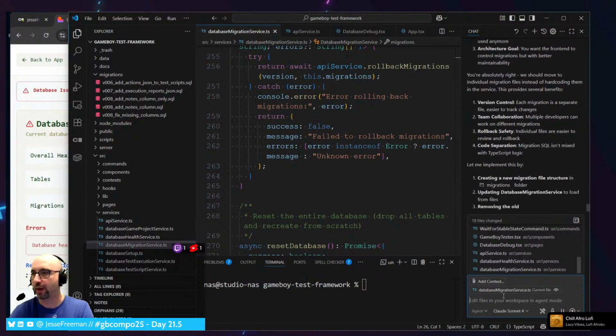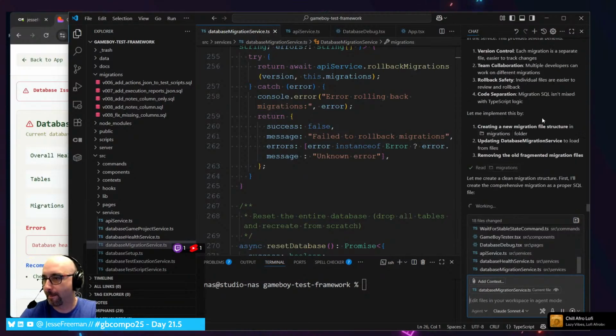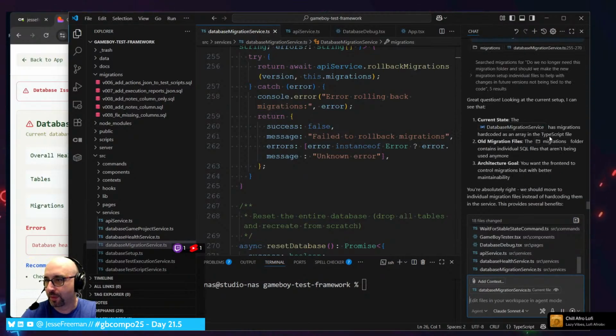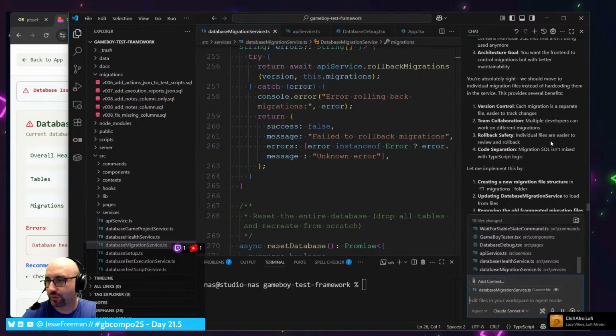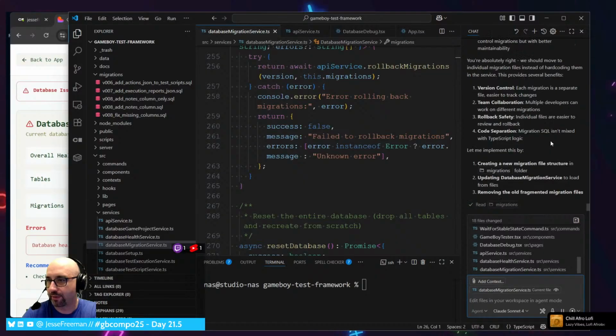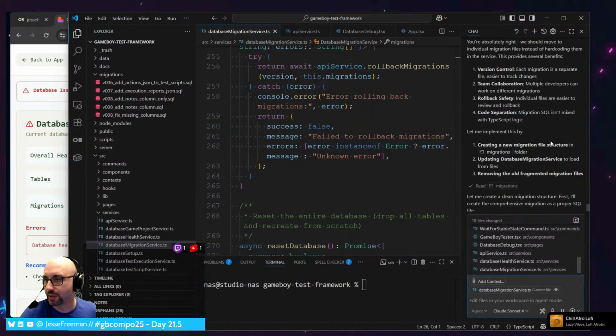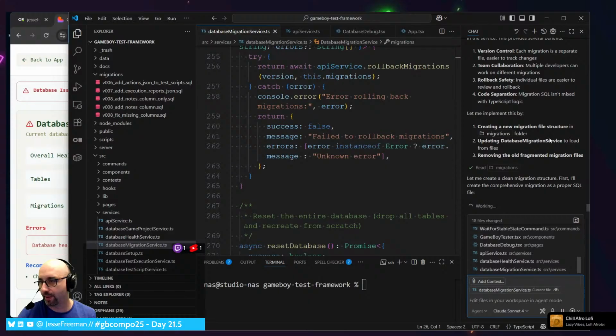All right, let's see. You're absolutely right. That's a good question. Version control: each migration is a separate file, easier to track. Team collaboration, and so on. Creating a new migration folder structure. All right. So,